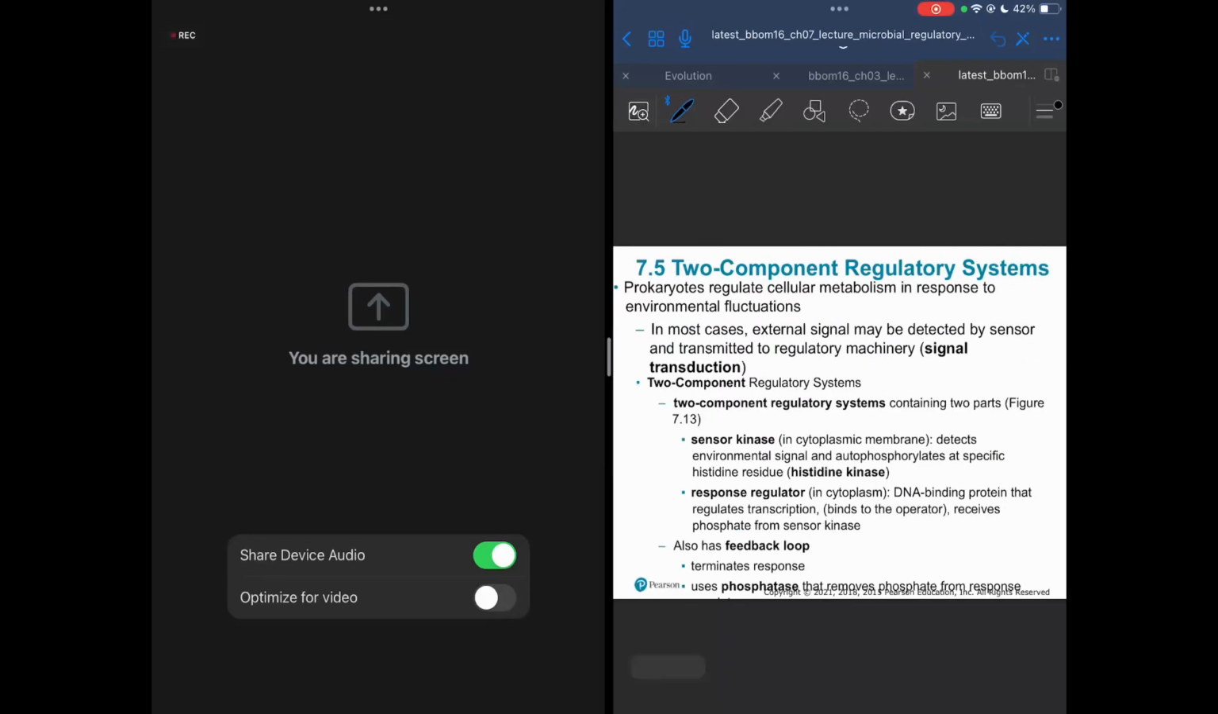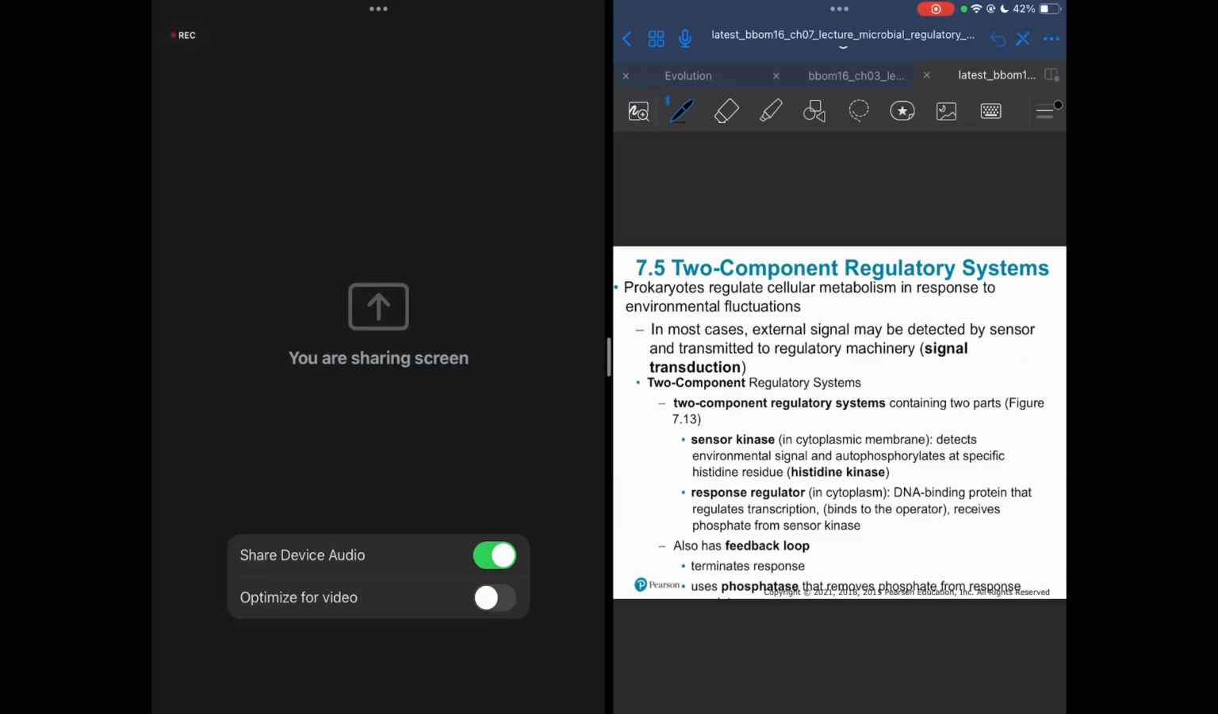For 7.5, two-component regulatory systems. Prokaryotes regulate cellular metabolism in response to environmental fluctuations. In most cases, external signals may be detected by a sensor and transmitted to regulatory machinery, called signal transduction. Two-component regulatory systems